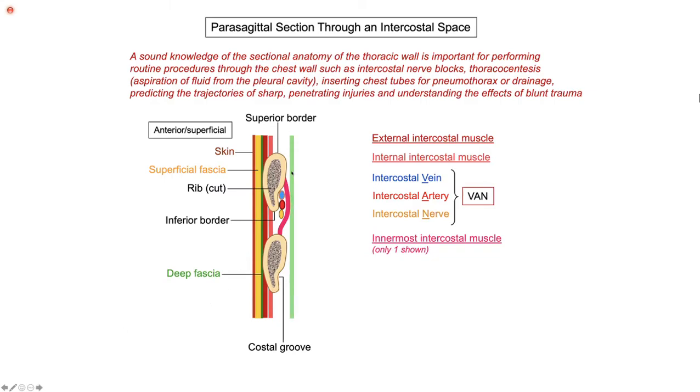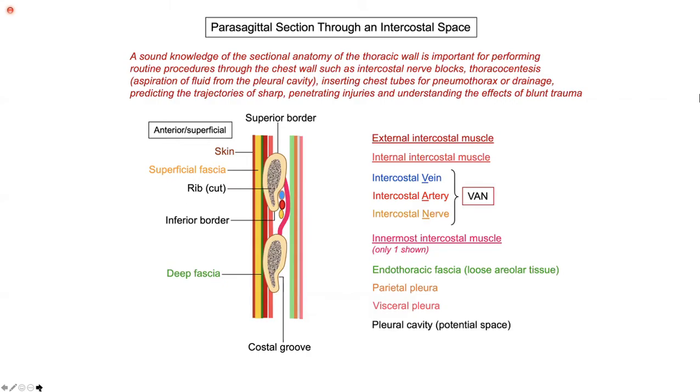Now, what is this green thing? Guess. Endothoracic fascia. This is not the parietal pleura. This is my, yes, now you are right, parietal pleura. And what is that? Visceral pleura. And in between, what do you think that space should be? Pleural space, pleural cavity. This gray thing is the pleural cavity. And then this is my lung.